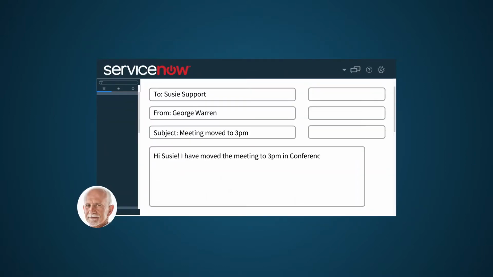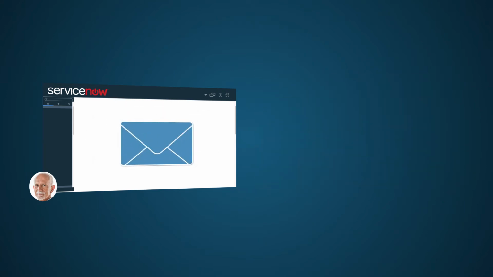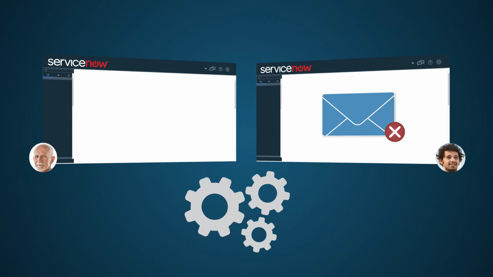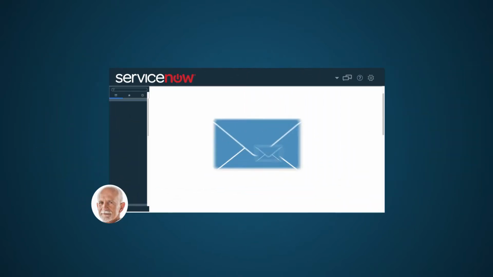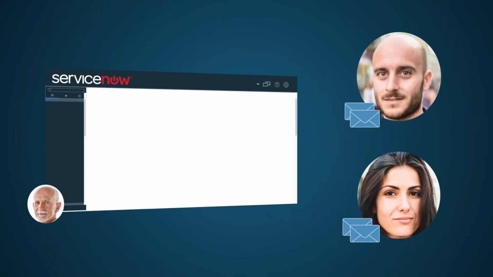So far in this series, we've learned how the outbound email process works in a properly functioning instance. We also learned some ways to troubleshoot when coming across different situations related to the outbound email process. In this video, we're going to cover how to troubleshoot an instance that appears to be sending out duplicate email